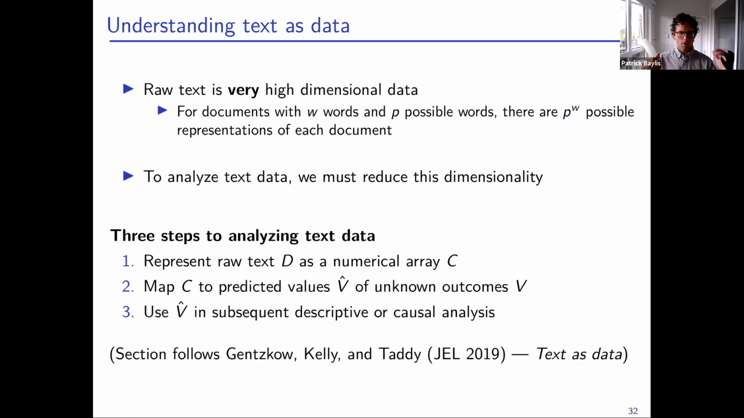And so this is where we're really going to follow Gentzkow, Shapiro, and Taddy. The way they describe this is that there are basically three steps to any analysis involving text data. The first is we want to represent raw text D as a numerical array C. Second, we want to map C into some predicted values V-hat of unknown outcomes. So the predicted values represent the unknown outcomes. Then we use V-hat in subsequent descriptive or causal analysis. So descriptive here could include a